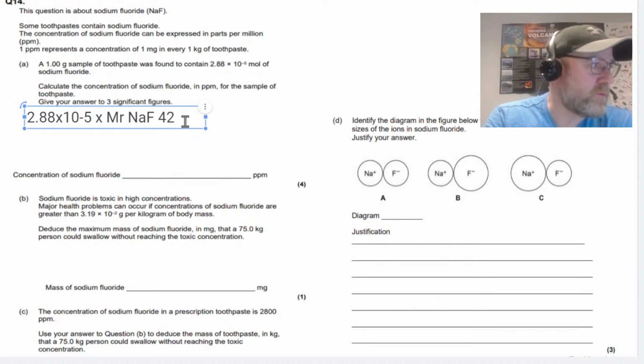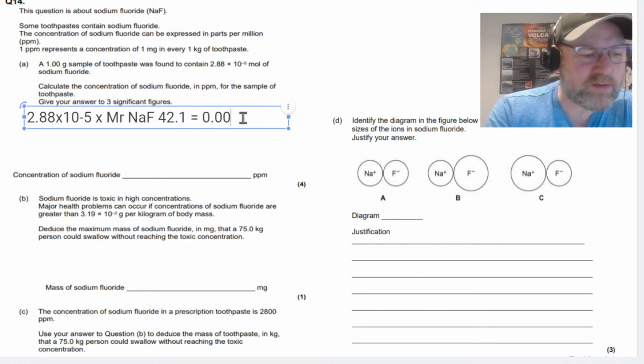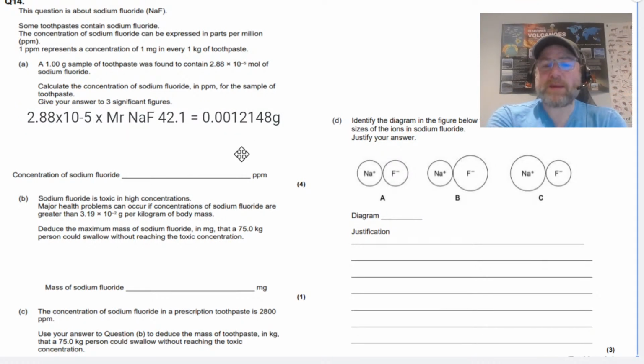So if I times that by 42.1 or 42, some people like, a lot of these maths calculations, you don't need to use the 0.1 for sodium. And that is going to equal, times 2.88 times 10 to the minus 5. It's going to give me grams. It's going to give me 0.0012148 grams. Okay, that is the mass of sodium fluoride in this 1 gram of toothpaste. So we now know the mass of sodium fluoride in the toothpaste. Calculate the concentration of the sodium fluoride in parts per million. So what I want to do,